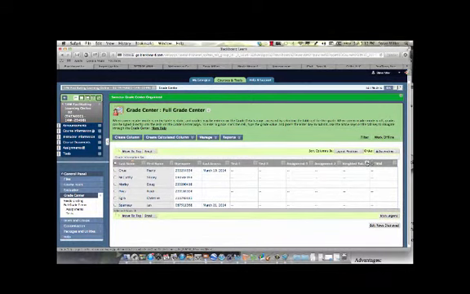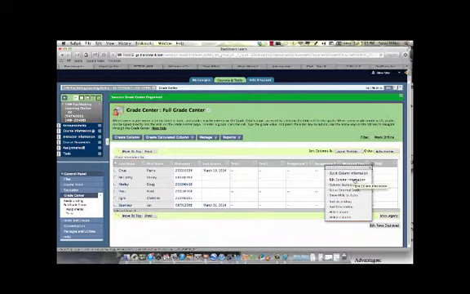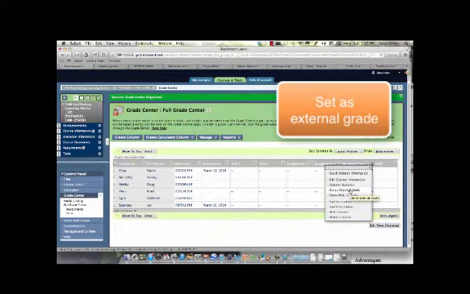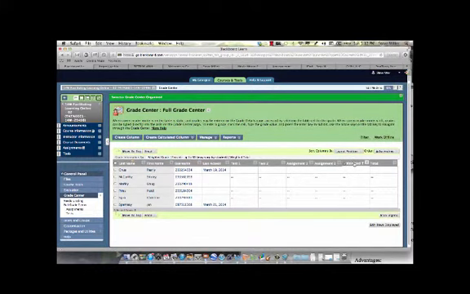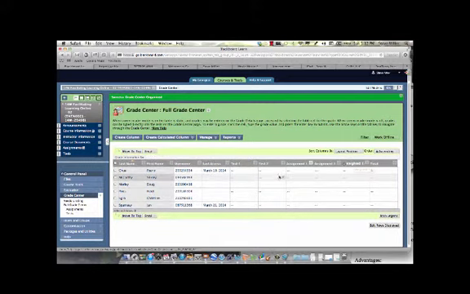So instead, what I can go to is weighted column, and set as external grade right there. Now it has the little arrow, and this is what students will see. Okay, so now essentially you set up your Grade Center, and when you want to score the first test, now